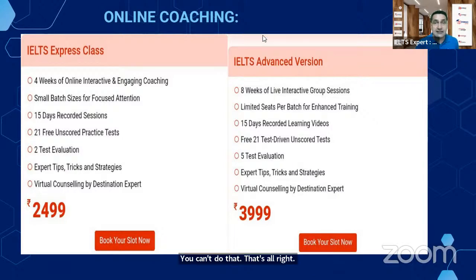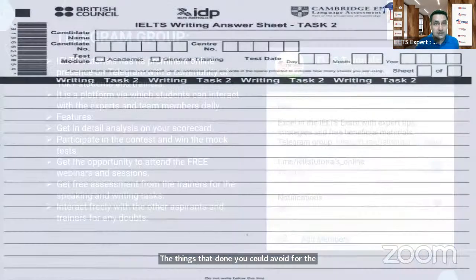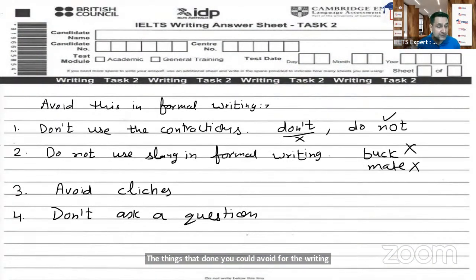If you have any questions in between, you can always ask, and I would try to give you a bit more information about the things that you could avoid for the writing task 2. In the meantime, if you have any questions, please do ask. Once again, a gentle reminder, please do ask. Another thing that you can avoid would be this one,